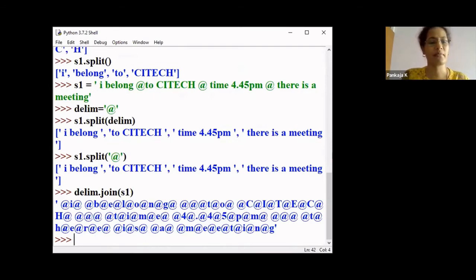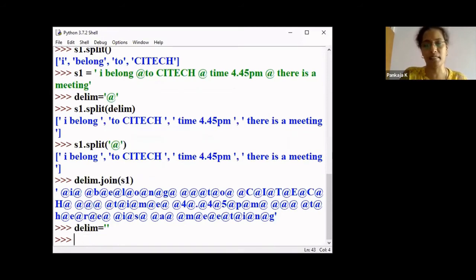Sorry, it is not that. I'll say delim, and my delim is a space. Don't use the at option, because wherever you see it, it is going to add the at here. Now I have just used delim as one space. Fine. Now if you use delim dot join S1.